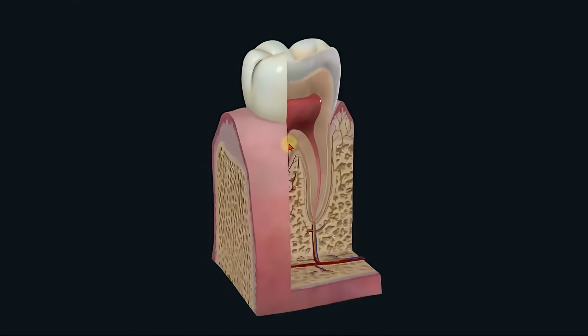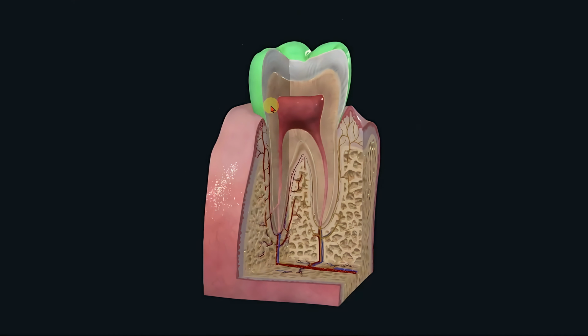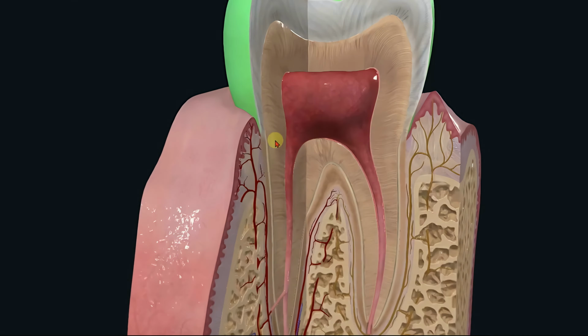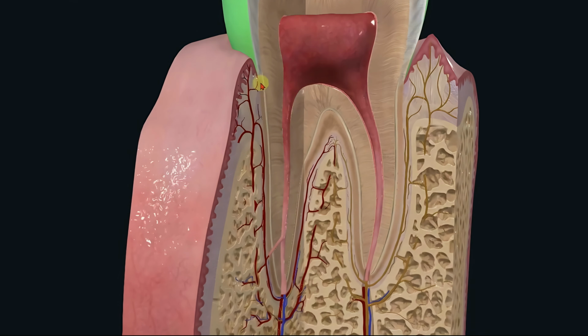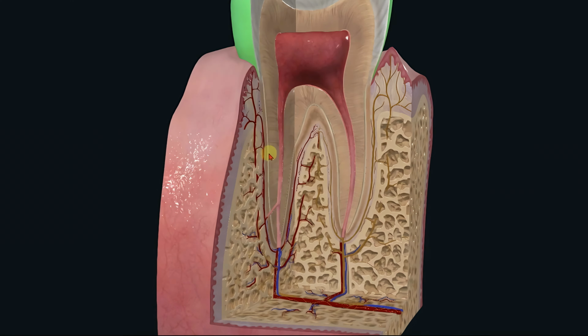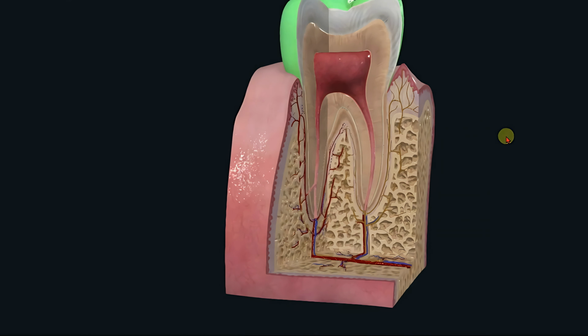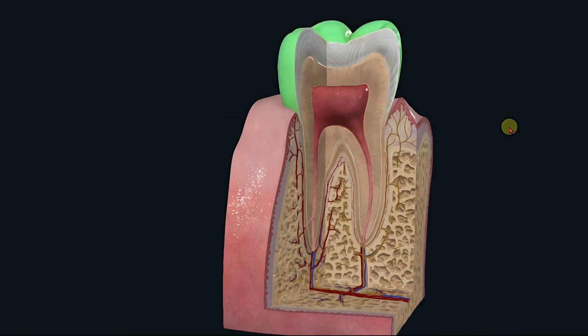Now, this crown here is a teaching model from a dental school. Right below the crown, you can see there's another section. The tooth is actually quite big. There's this lower part. That's embedded in the alveolar bone and the gum. This part here is what we commonly call the root. Now, with these two parts, the area where the crown and the root meet, that's what we call the neck. So, looking at the external shape, it's roughly divided into three sections: the crown, the root, and the neck.